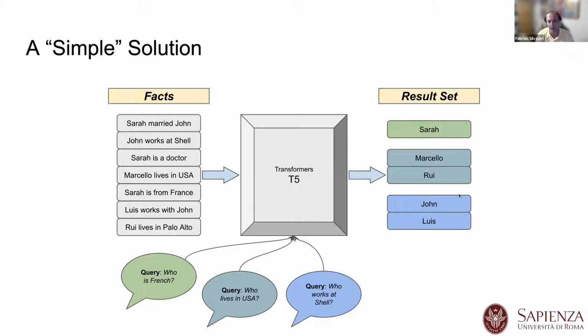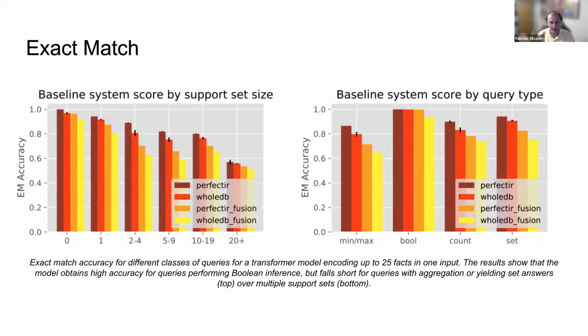On the task, on the samples that we generated in Wiki and NLDB, right? So now you input the facts, you input the query, and you hope that you will get the best result. Now, as you can imagine, these kind of transformers should also be able to answer queries such as how many people live in USA. And maybe this is not the best, but I don't want to spoil the results. So here's the first attempt at